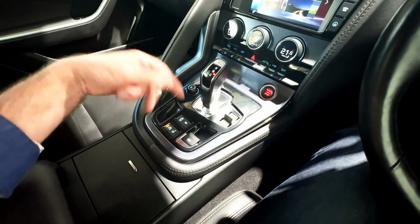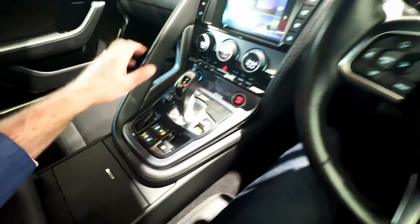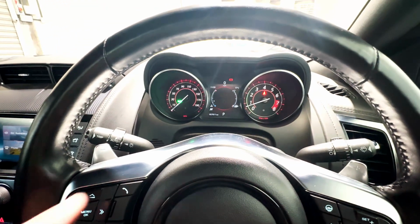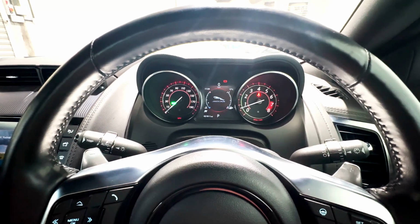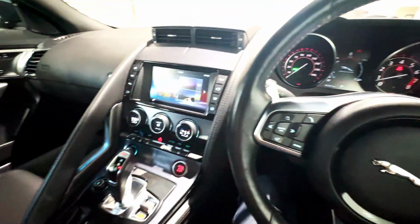Back into standard mode or vanilla mode, and then rearwards into dynamic driving mode, or tutti frutti driving mode as I sometimes call it. You can see the instrument binnacle backlighting turns red, and we had a message there saying dynamic driving mode confirmed. And we'll talk more about that in a moment or two when we look at the